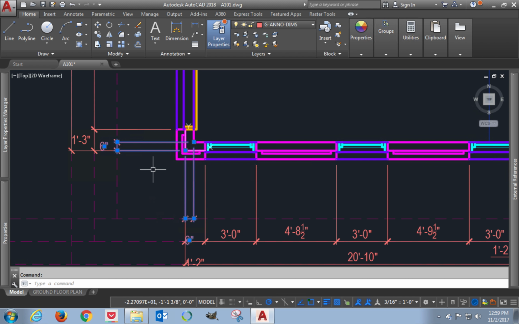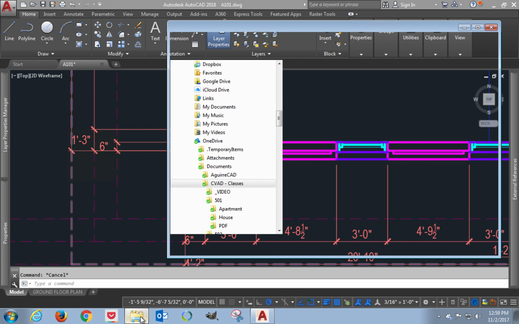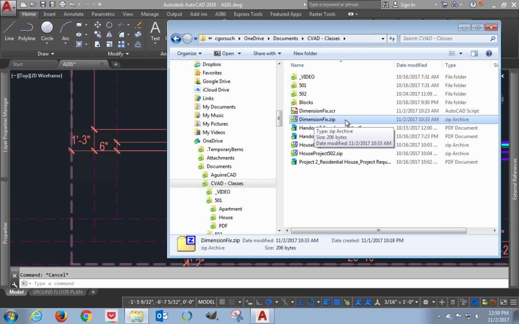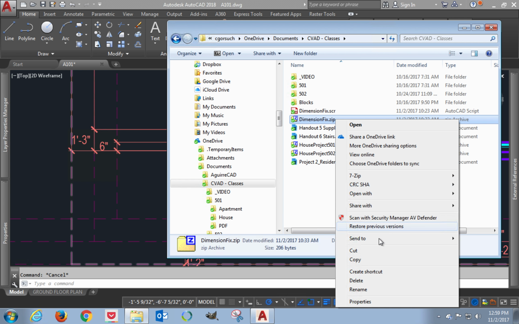And what I've done is I've created a little script, and this script will correct all those settings for you. Incredibly long story short, there's some behavioral things, and it'll make things look better, I promise. So go to Blackboard, and down at the very bottom of the list under class resources, you will see dimension fix .zip. Download that. When you right click and say extract all,